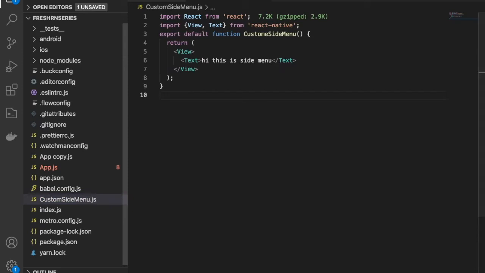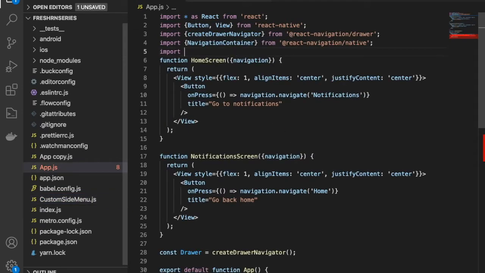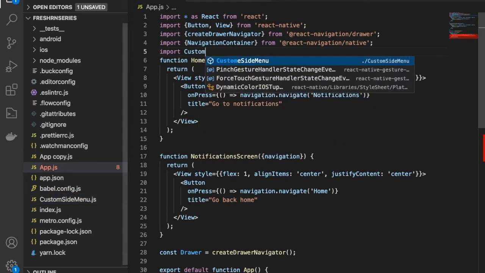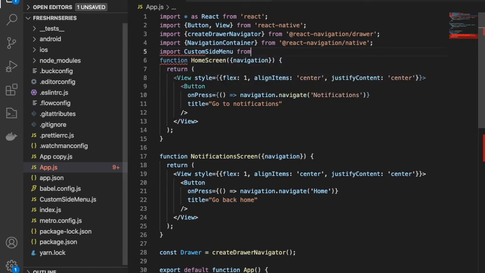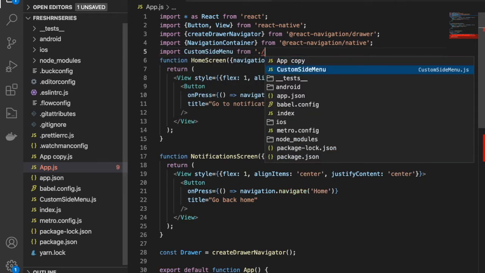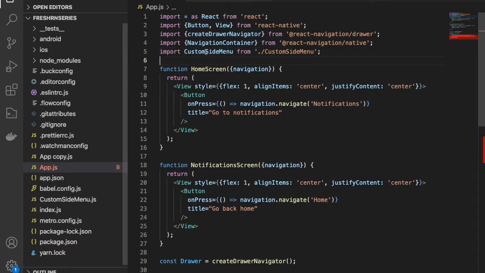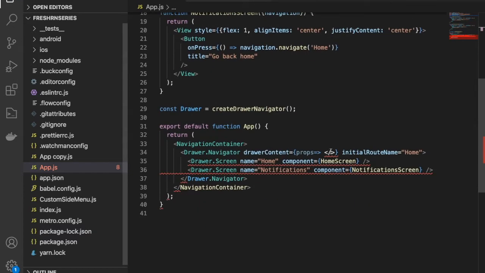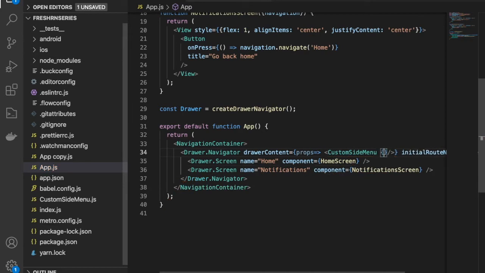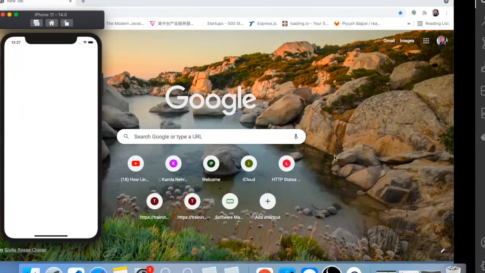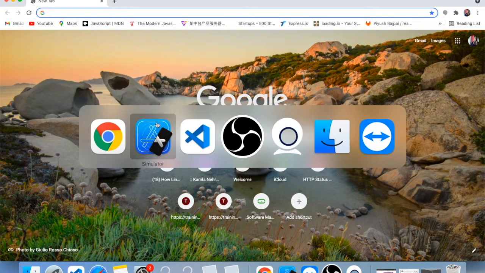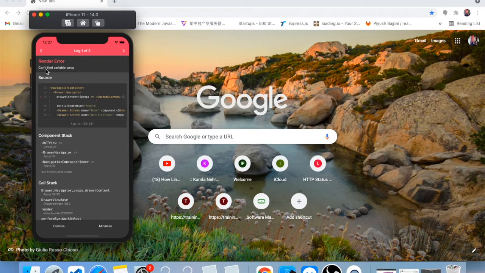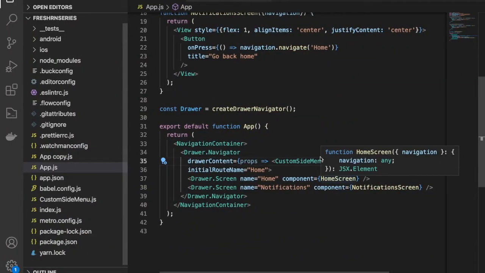Okay, so custom side menu, this is the component name, and I'm going to import this and use it over here. Let me pass all props by spread operator. Cool. Let me see the simulator. This is saying can't find variable props. Okay, I have to share props with this component.